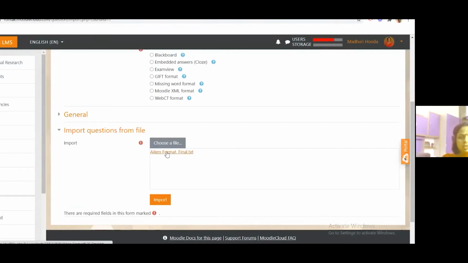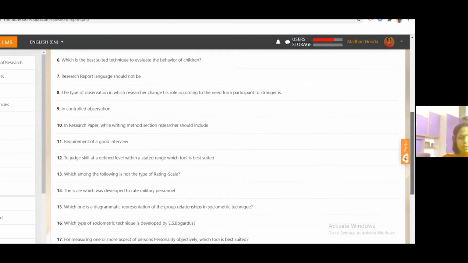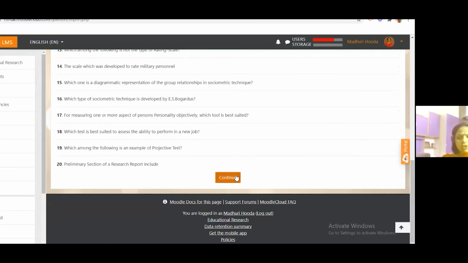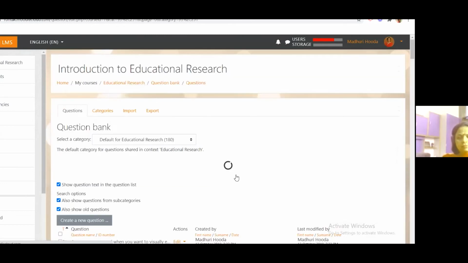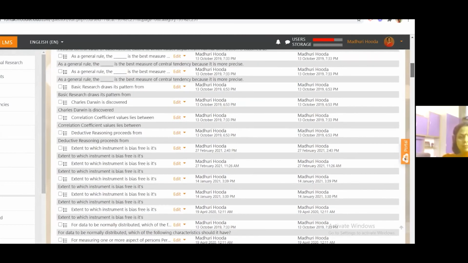This is the question bank which is to be imported in Moodle. Now I clicked on import. I will click on continue. These questions have been imported in Moodle.